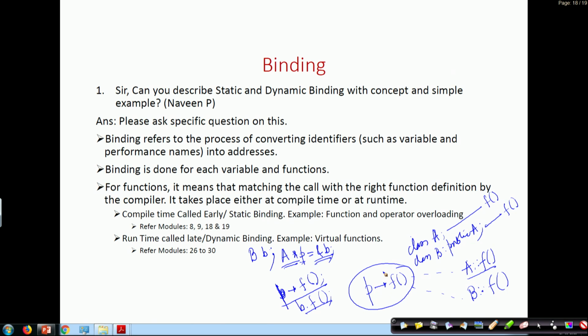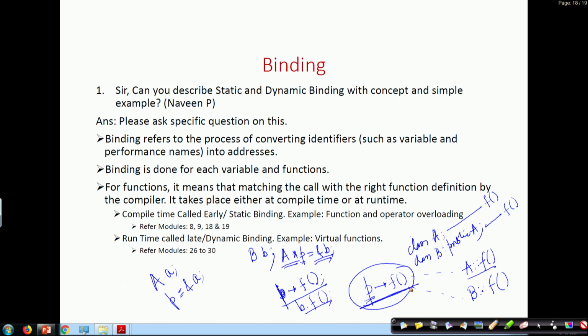You just know that this is a pointer of type A. It could also have been that P points to an A class object instead of a B class object. So, while you are compiling, just looking at this code, you will not be able to figure out whether it is actually pointing to an A class object or a B class object,